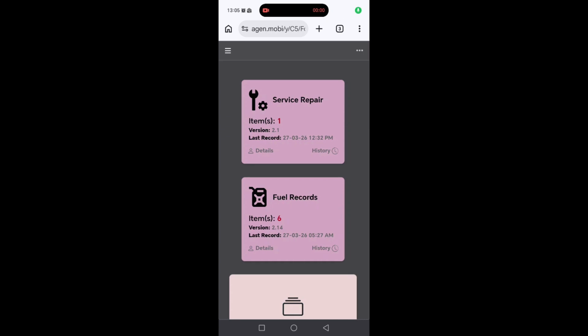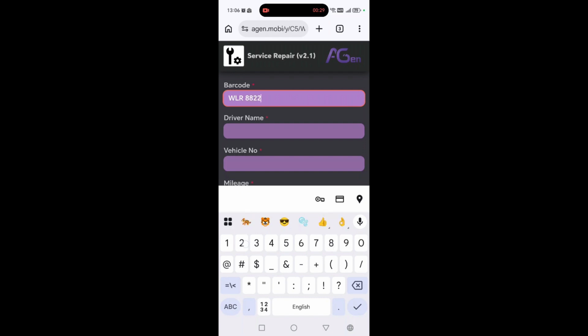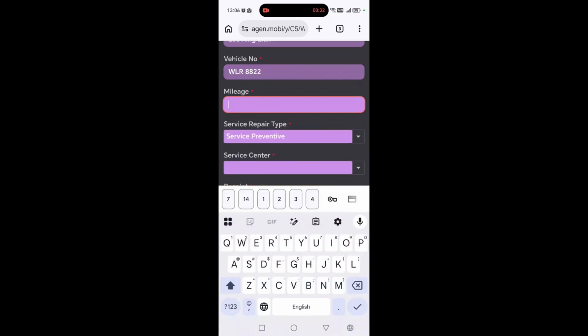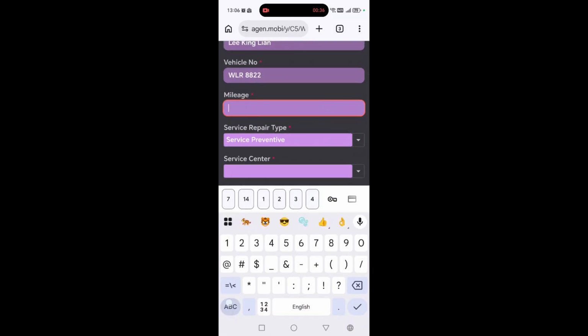Service and repair recording in AGen fleet management software is a simple recording which can be performed on mobile devices or PC. Just key in the vehicle number, then the system will automatically show the driver name and confirm the vehicle number. After the vehicle is serviced or repaired, the driver needs to key in the mileage of the vehicle